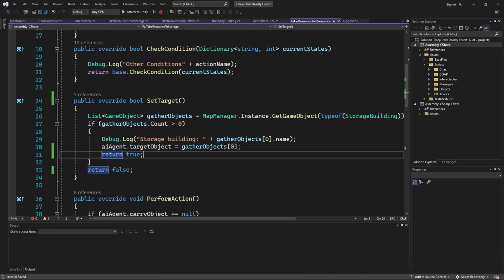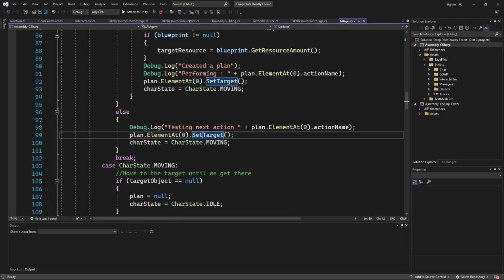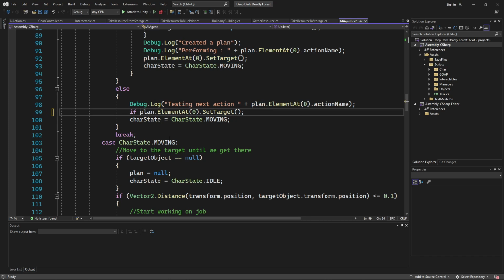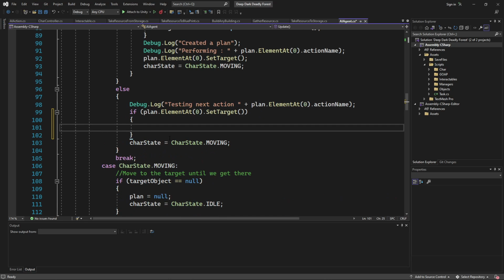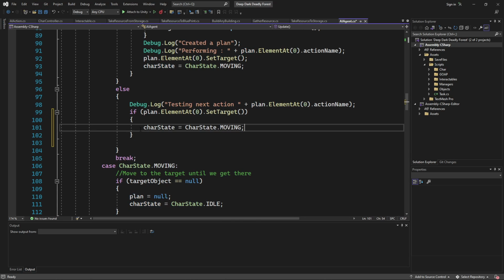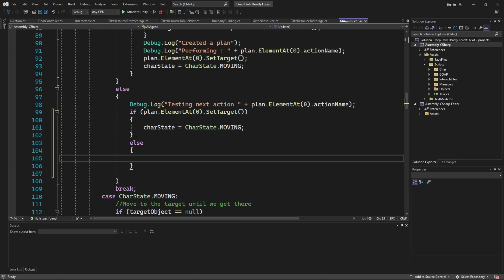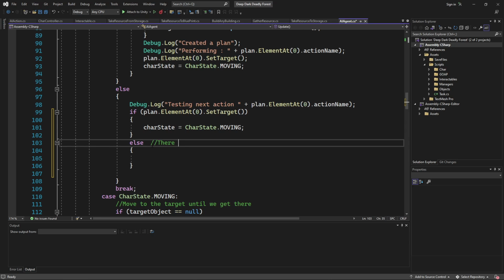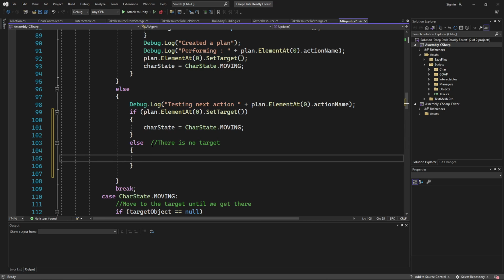Okay, so we do that, and then we go to our AI agent, and then if for whatever reason there's no target, else, there is no target, we want to not current goal.